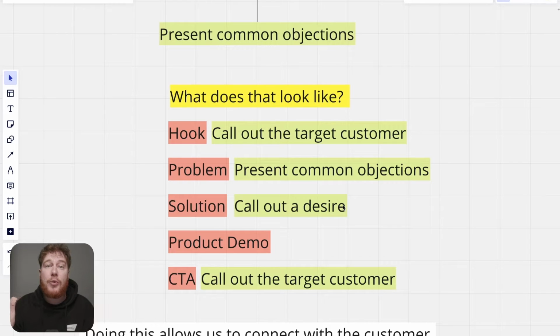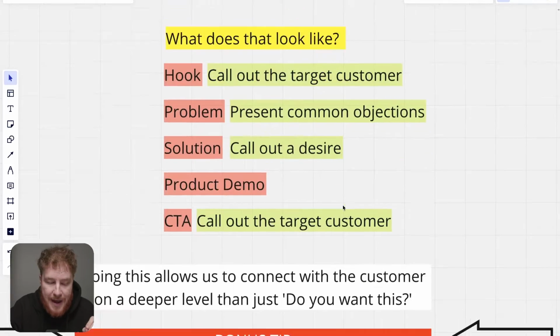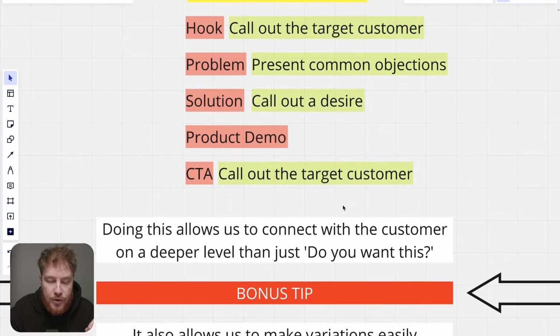So if you struggle with acne, Fraser's Miracle Acne Cream has a 20% offer today. So go and grab it. Click the link in the description. Done. Right? That is what an advert looks like. We can embroider it with different parts, but at its heart, that is what a Facebook ad is. And that is how you make a Facebook ad that actually converts, because we're speaking to the demographic, right? Because this allows us to connect to the customer on a deeper level